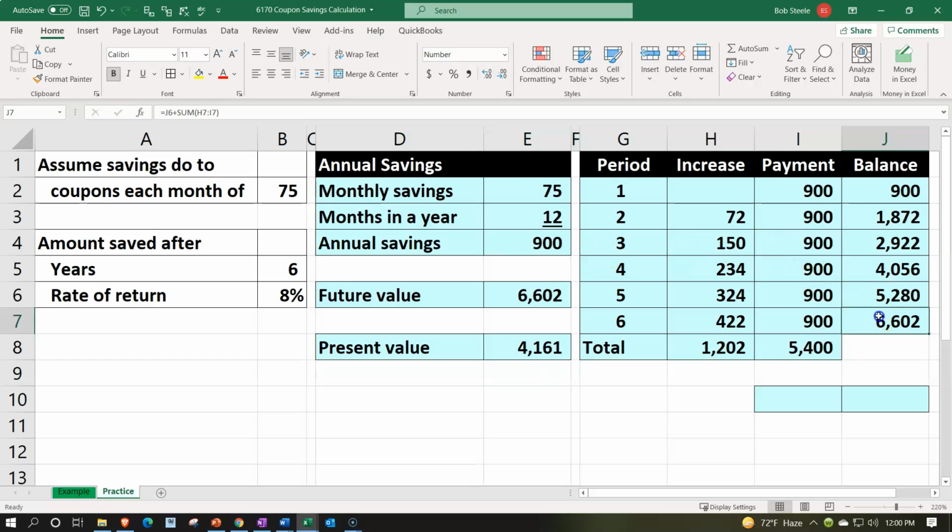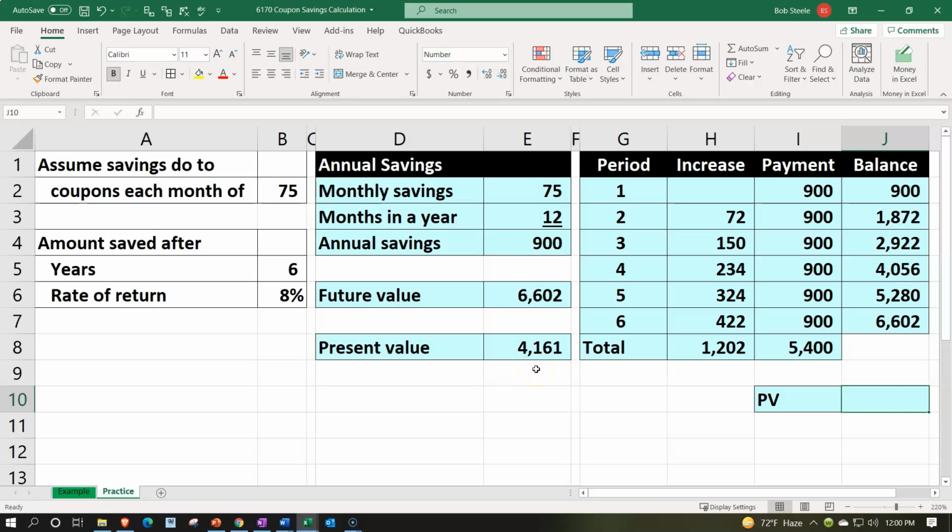Well, this number right here represents where we would be if we were to be earning 8% on the $900 annuity after 6 years. That is one number that I can then bring back in the same fashion using our present value calculation just to practice so we could see this from different angles. So in other words, if I said this was a present value of 1, then of that 6,602, I should get back to that